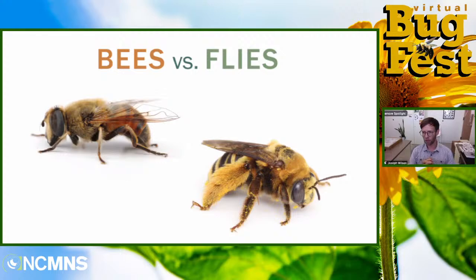So I see lots of answers coming in and people are correct. This on the left is a fly. You can tell by looking at the legs and the face, right? It has those big eyes, has the short antennas, and it has skinny legs. So let's try one more.